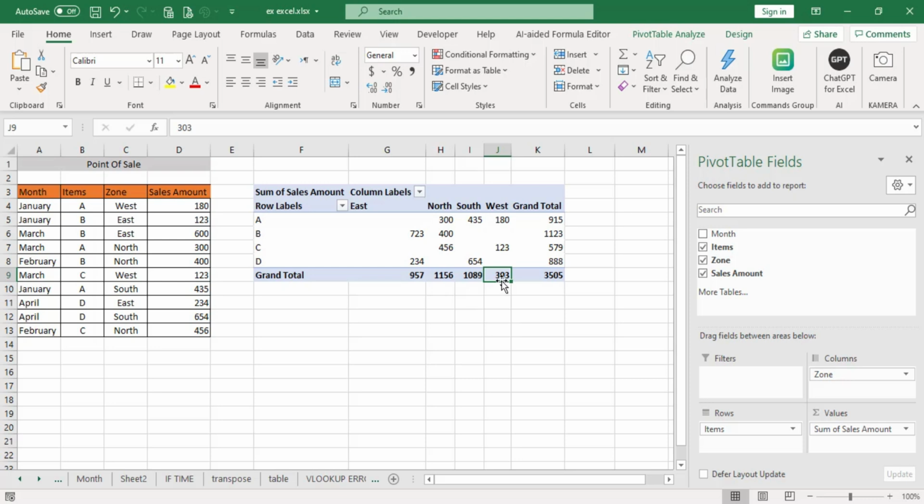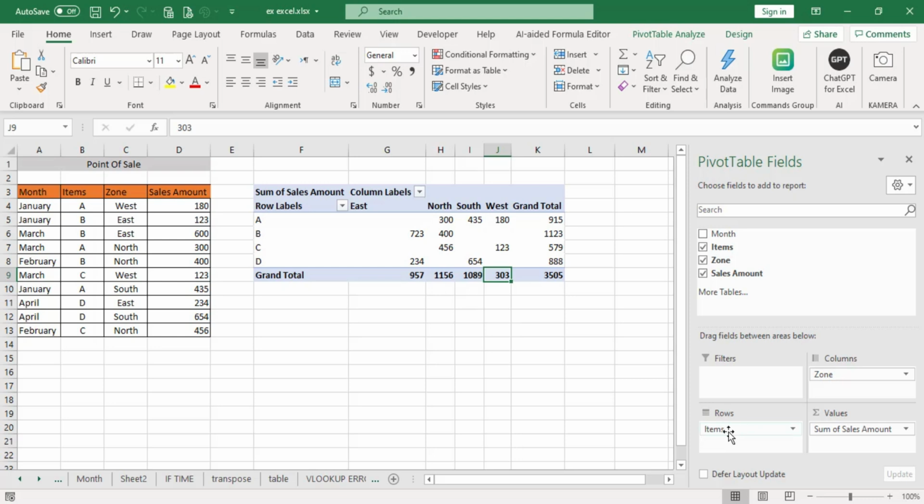Well, that's the way. Then, in order to make it easier for you guys to read this PivotTable, here we write item, but we don't know what month. Just here the zone. I want to add the month on each of these items. Then I just pull the month